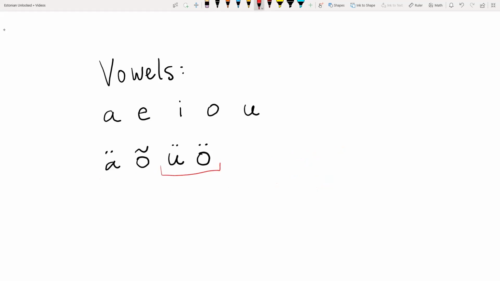Now we're going to move on to these next two vowels. And these vowels, again, they look pretty scary. And I'm sorry to break it to you, but they are kind of scary. But as you practice and as you use these tools I'm going to show you, you'll get much better at it. So this first sound is U. Go ahead and practice that a couple of times. U, U, U. And this next sound is